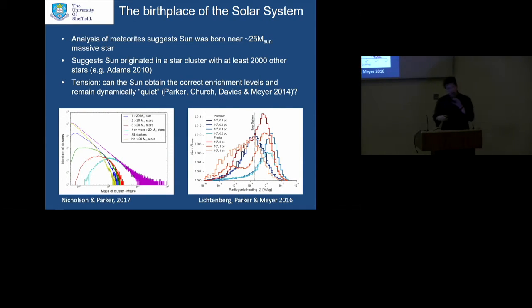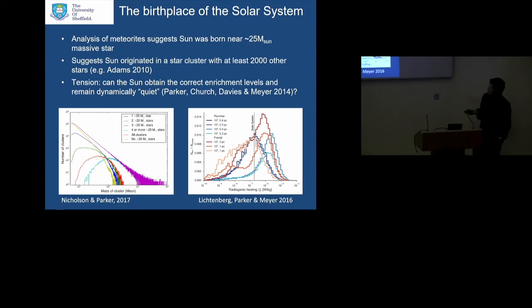Now, a low mass cluster very rarely would form a massive star. However, there are far more low-mass clusters than there are high-mass clusters, and so the number of low-mass clusters that are unusual in that they form a massive star is actually much, much higher than these 2,000 star clusters that the sun is posited to have formed in. So in terms of the mass budget that we need to form stars and get a supernova explosion that would enrich the solar system, I don't think there are any constraints on the mass of the star-forming region.